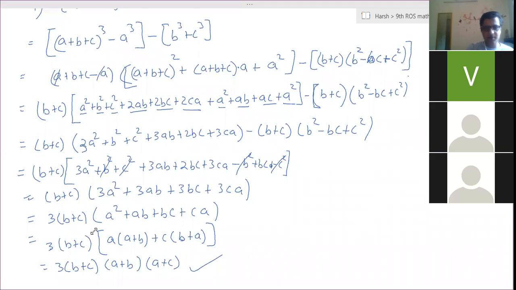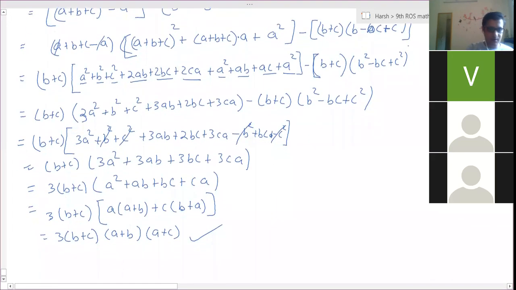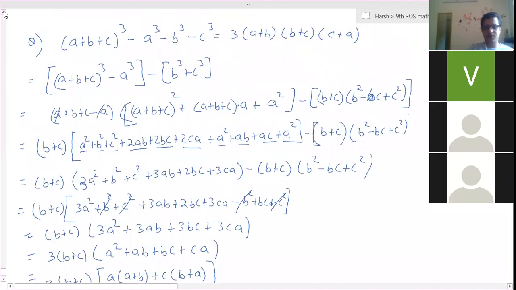Now I will give you one solution. See why I am dedicating this class to show you that you can solve it if your process is correct, and it can be a different method also. Please copy this, and then I will give you the next solution. For the same question, I'll give you another solution. Please copy, everyone.